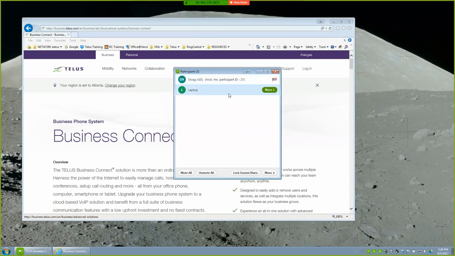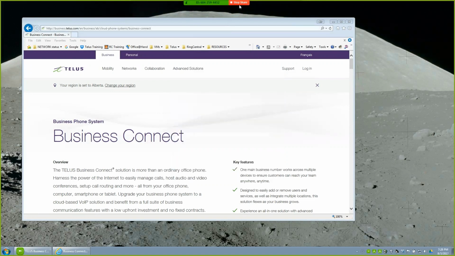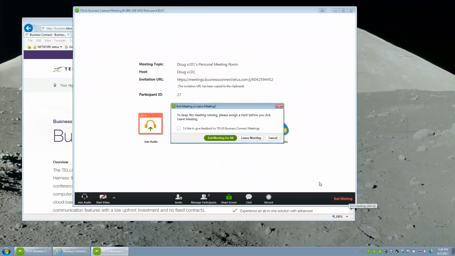we can look at another user here. This user would like to record, so we're going to allow them to record. By default, they don't have the right to record. So as a host, you can control that. So let's give that user that right to record. Once they start recording, the indicator will show up as well that the meeting is being recorded. Once it's stopped and the meeting is ended,